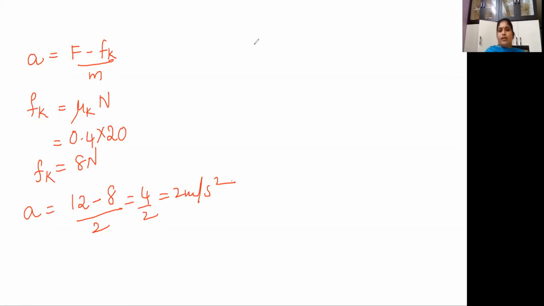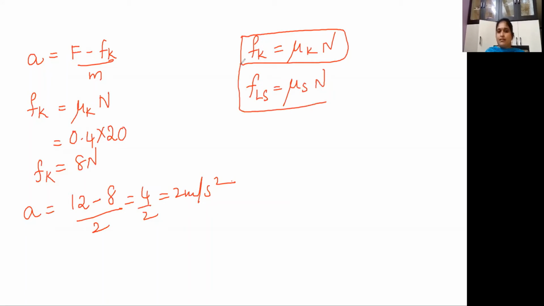The formula for kinetic friction is mu k into normal. This is what we understood. And the formula for the limiting static friction is equal to mu s into normal. But first, we are seeing one application and deciding what is normal. So let us decide the normal for other things. Now we are taking different cases to calculate the normal reaction.